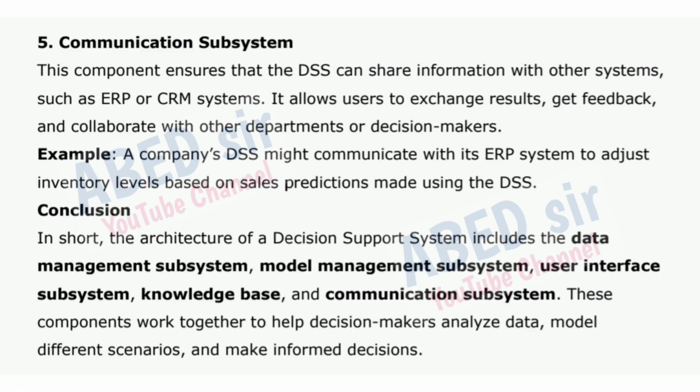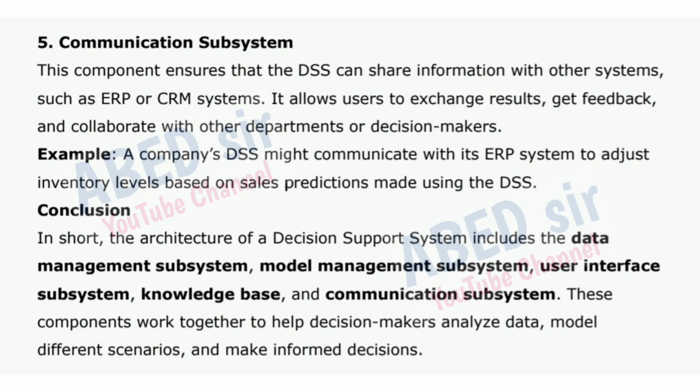5. Communication Subsystem. This component ensures that the DSS can share information with other systems, such as ERP or CRM systems. It allows users to exchange results, get feedback, and collaborate with other departments or decision makers. Example, a company's DSS might communicate with its ERP system to adjust inventory levels based on sales predictions made using